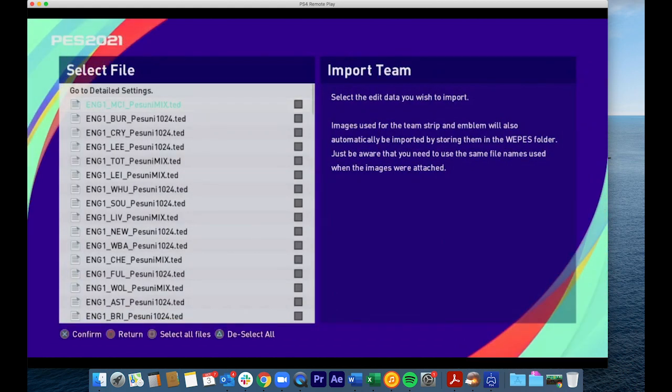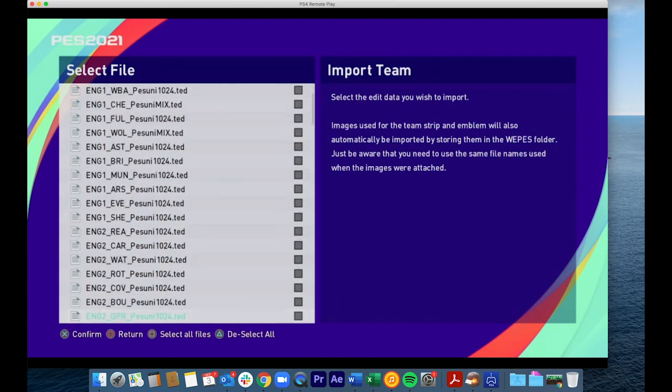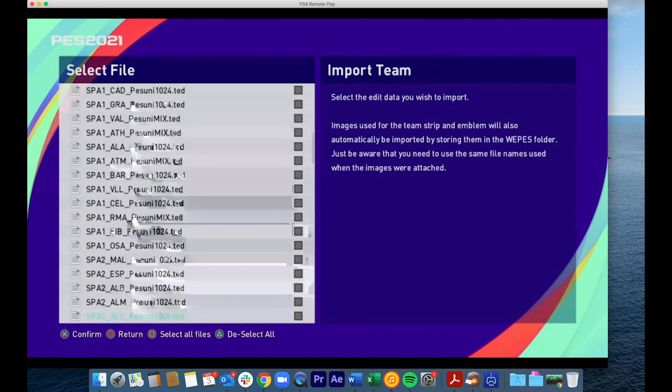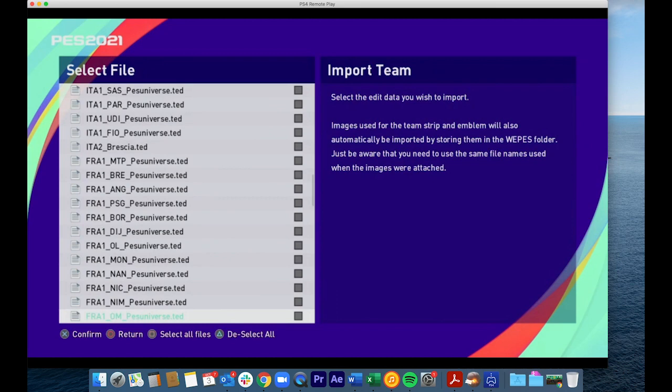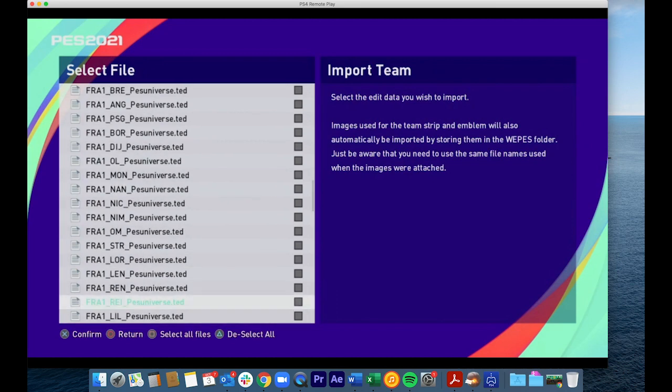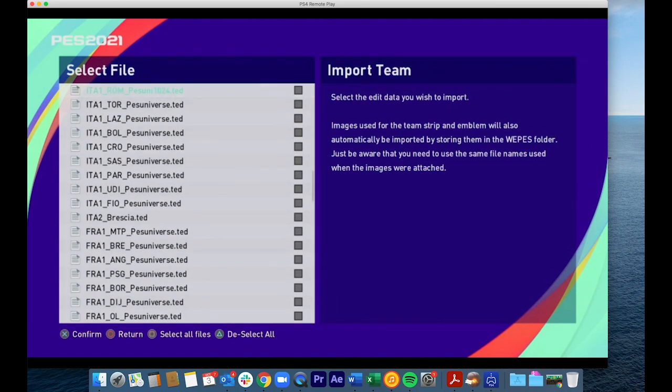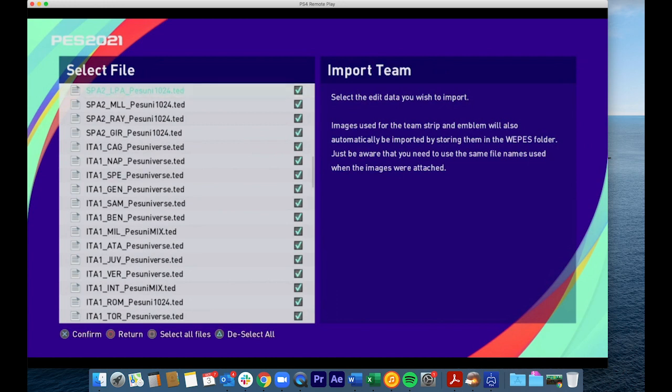And we want to just take a look at the teams, make sure that, yeah, they're all the ones that we wanted to import. So we've got Spanish teams, Spanish League 2, Italy. Now, these are the items that we do not want to overwrite the data for. So what we're going to do is we're going to select all,